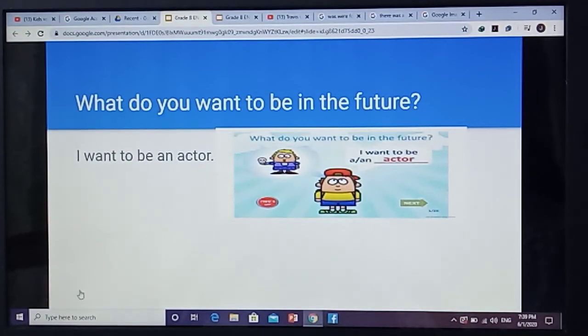Now, I have a question. What do you want to be in the future? I want to be an actor. What is the correct one? Actor. A actor. This noun starts with letter A. So A is a vowel. So